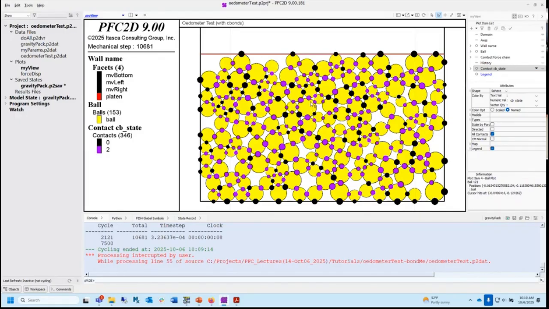And when we make the bonds, we can do more than this. By default, we could tell it, I want you to bond everybody that is closer than a certain distance apart. So I want you to fill a certain size gap with cement. We could have given a command in such a way to do that, and if we did, we'd have more cement in here and fewer gaps. And so we would be stiffer and we would have greater strength.